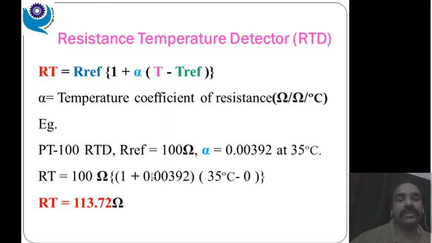When we get all these values, for the 35 you can see for this temperature, the RTD provides 113.72 ohms, isn't it? We already discussed that when temperature increases, resistance of the RTD increases, right? For the 0 degree it was 100 ohms resistance. Now for the 35 degree centigrade, see, resistance of RTD increases to 113.72 ohms. This is the change.